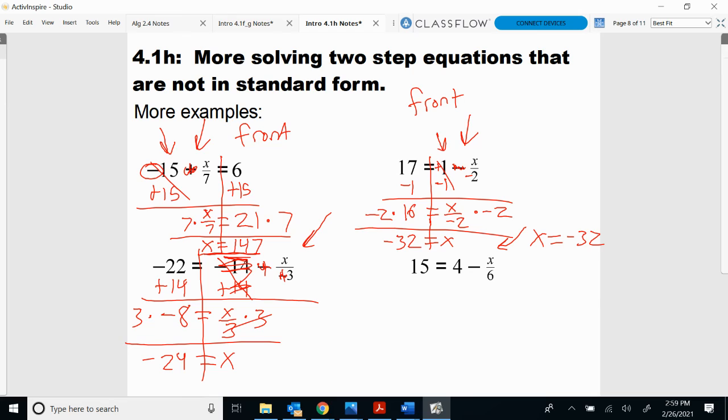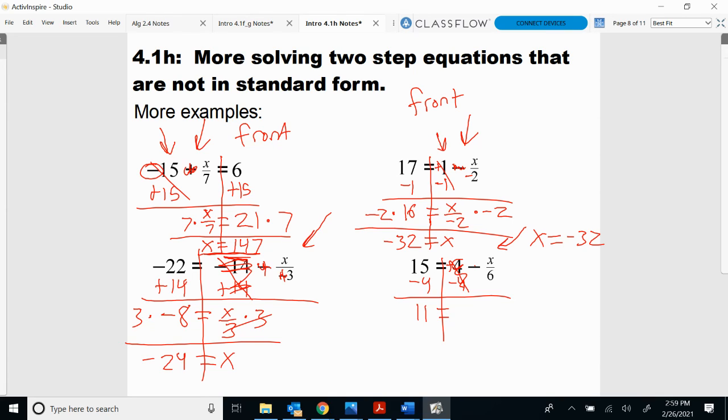And look at what is in front of the 4. There's nothing in front of it. I'm not concerned about the minus. I want to know what's in front. There's nothing there. That means it is a positive 4, so we need to cancel it. So we're going to go minus 4 to both of those sides. That would cancel. That's going to get us 11 is equal to, and then over here on the right,